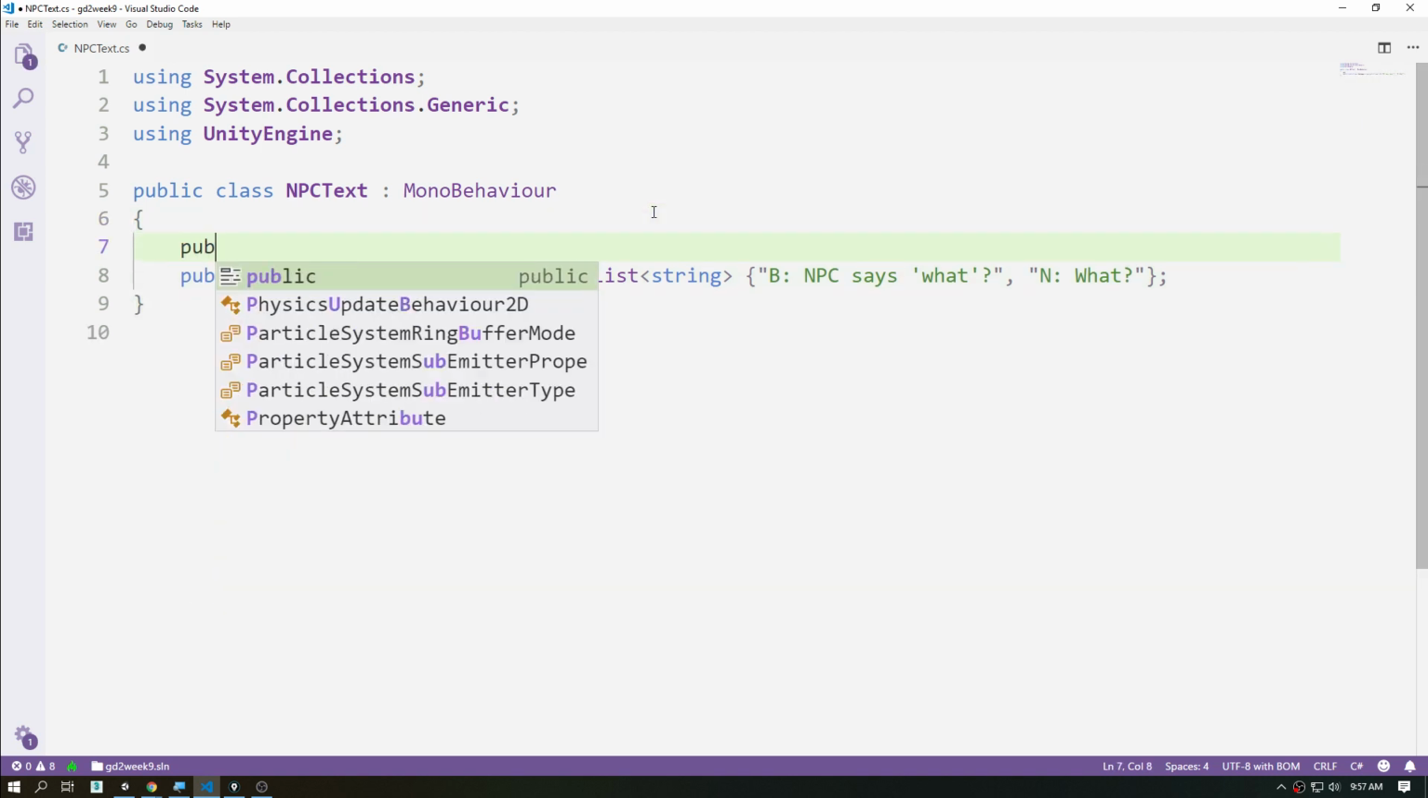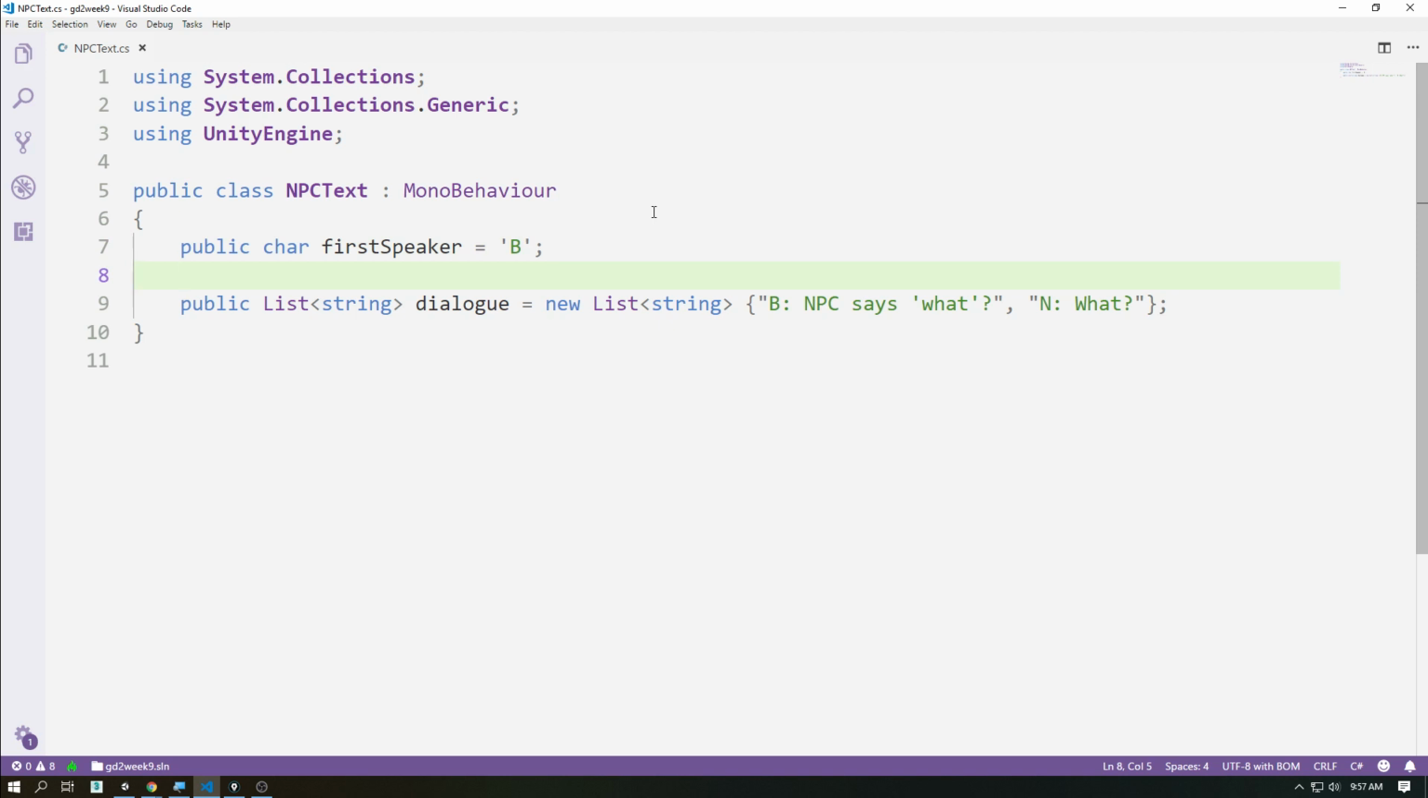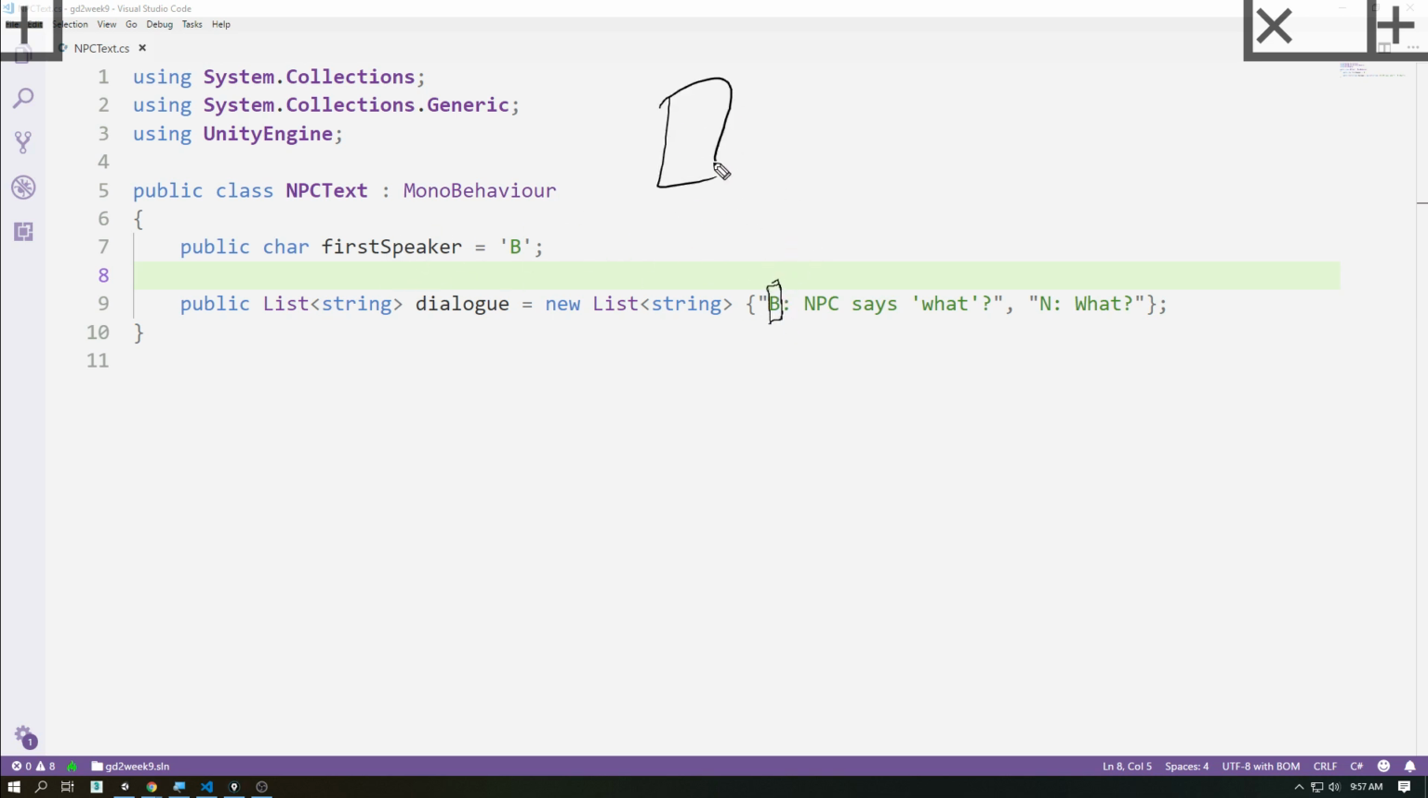We should probably have a public character, first speaker, and we're going to make it equal to B. Like that. And so the idea is that we will be able to evaluate what this single character is. And we'll say if the first character is equal to first speaker, then put this text on the left side